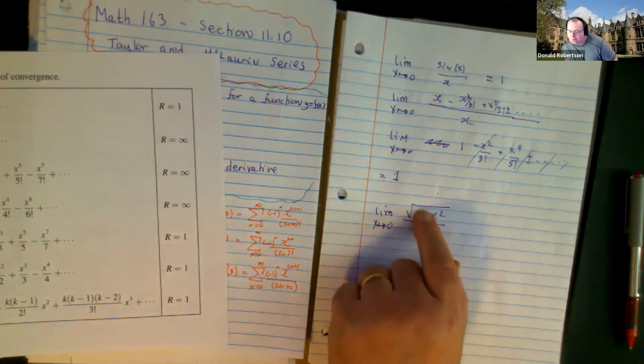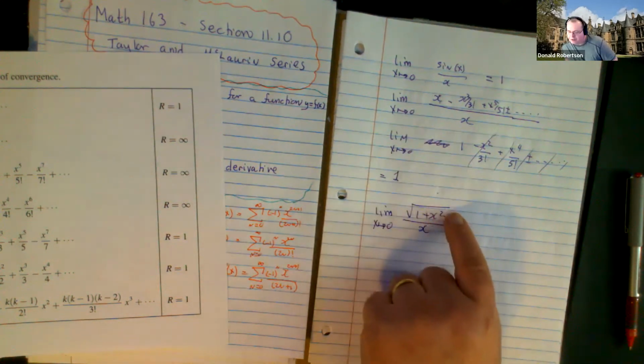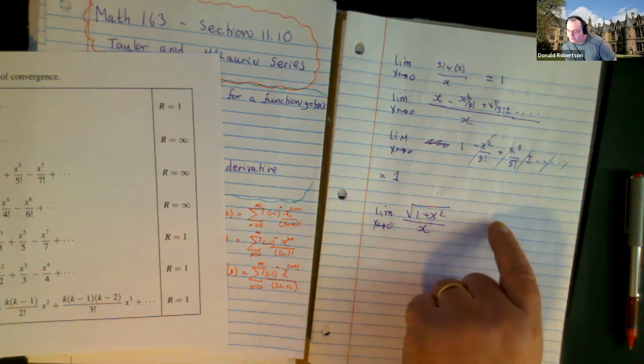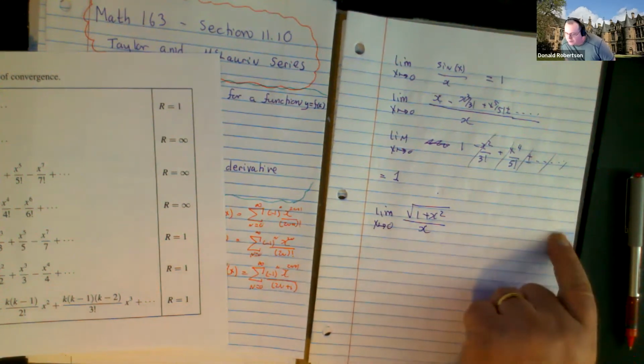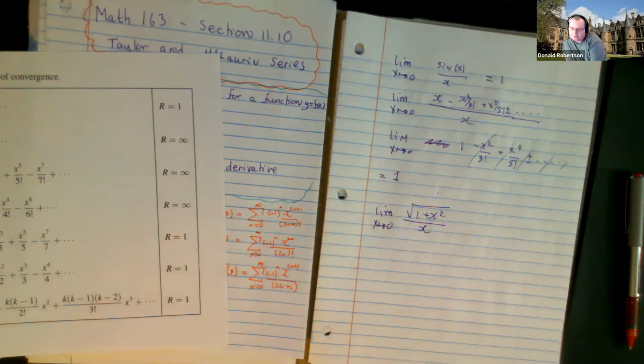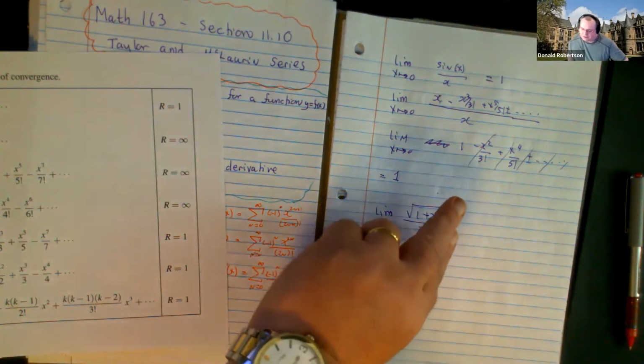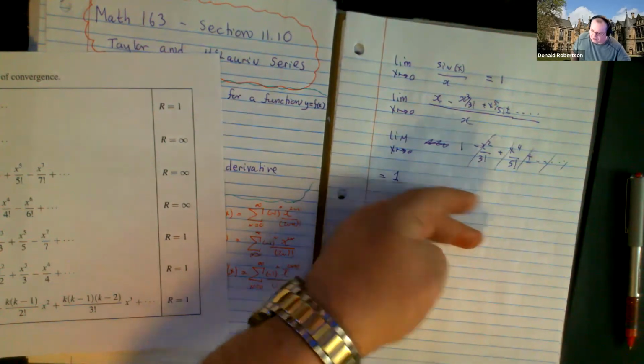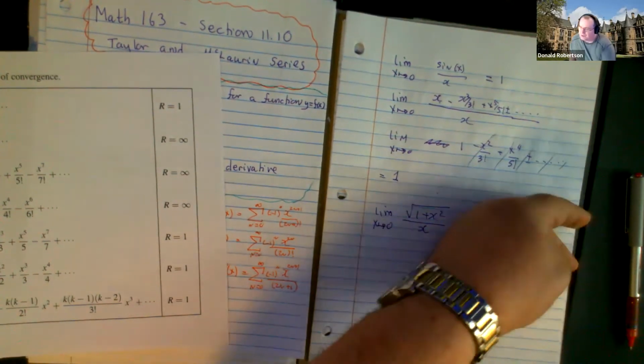But anyway, can I do it by maybe writing down what square root of 1 plus x squared is, you know, T4 say, all divided by x. If you try to do this guy using L'Hopital's rule, isn't the square root of 1 plus x squared a problem? Because when you differentiate it, don't you get a 1 plus square root of 1 plus x squared on the bottom with a times 2x? So can you imagine all you end up doing is getting various versions of that alternating forever, in which case